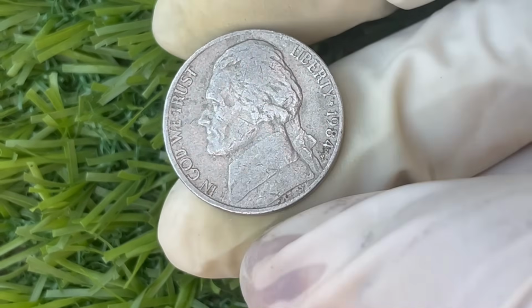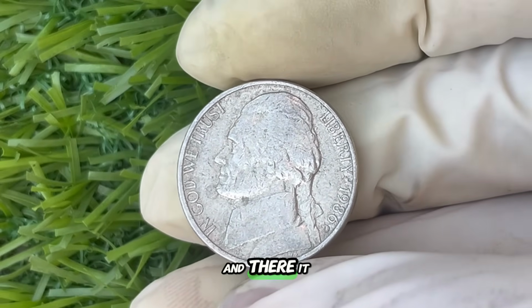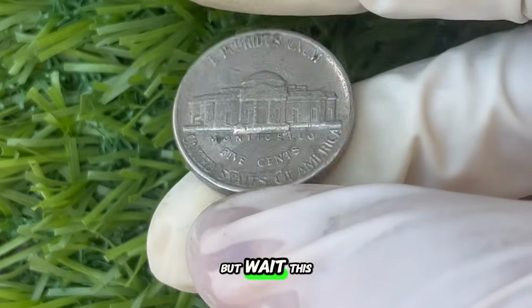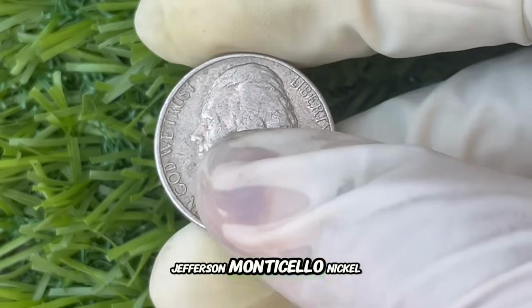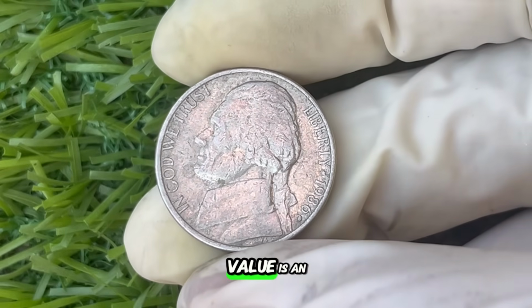$934,000 future. You reach into your pocket, pull out some loose change, and there it is, a dull little nickel, one you've probably seen 1,000 times before. But wait. This isn't just any nickel. This is a 1986 Jefferson Monticello nickel with a rare mint error, and today, its current market value is an